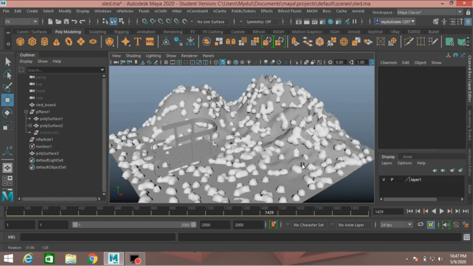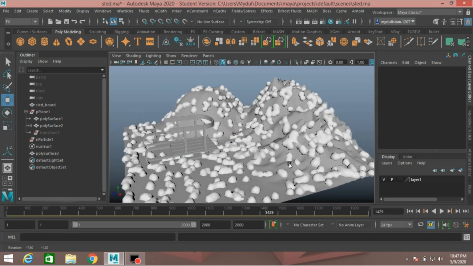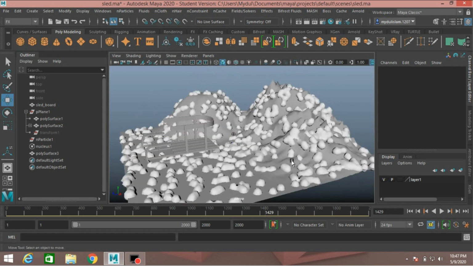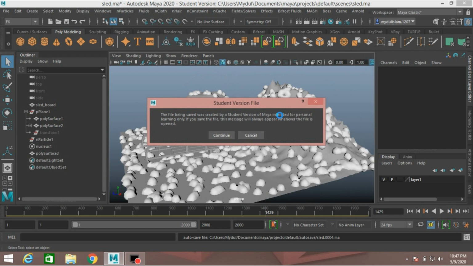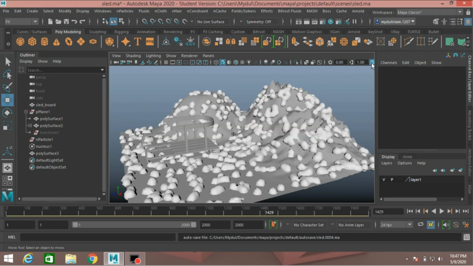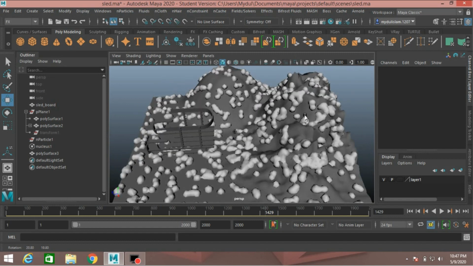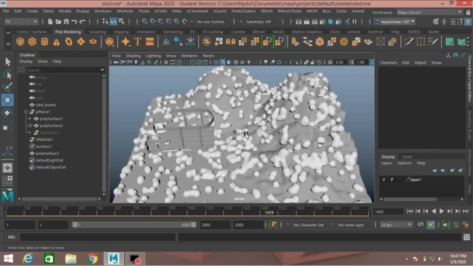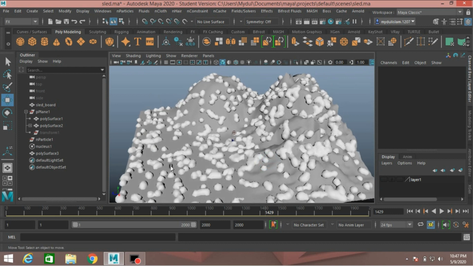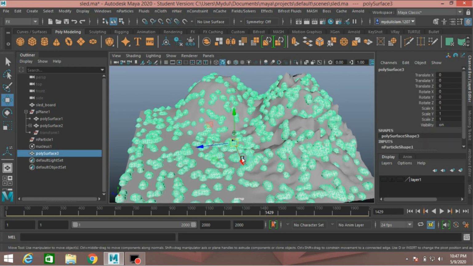Unhide the slate board and see. Now hide the slate board and also hide the N particles to polygon.